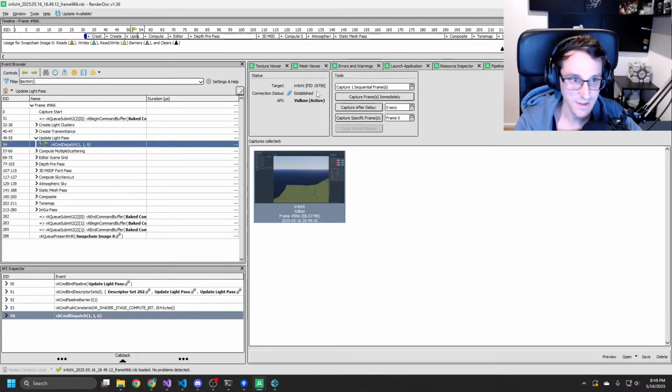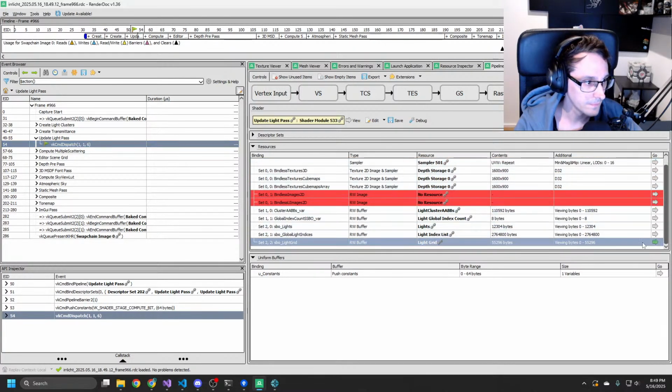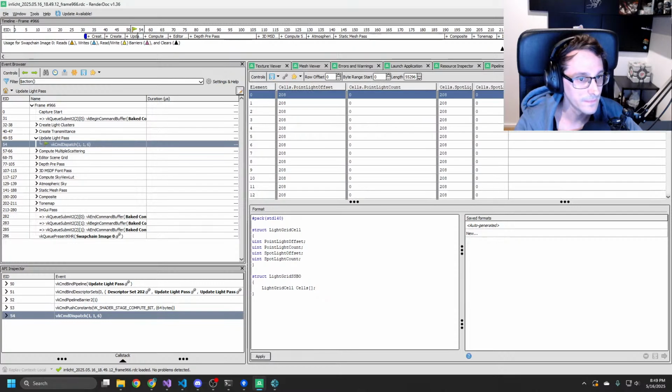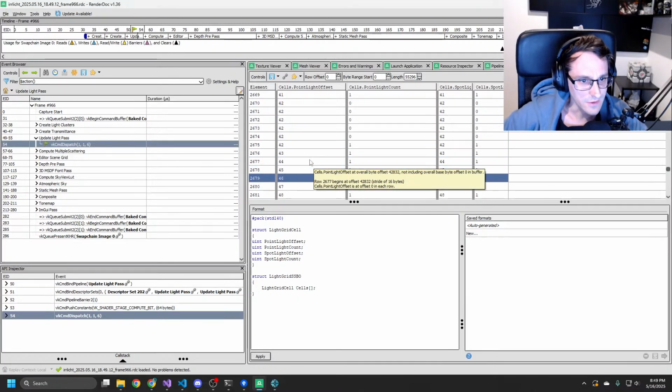Because my light grid looks definitely worse than that one, right? So I mean, that is maybe fine, right? But then here, okay, no, that looks better.